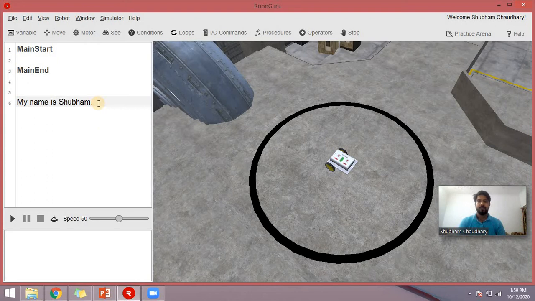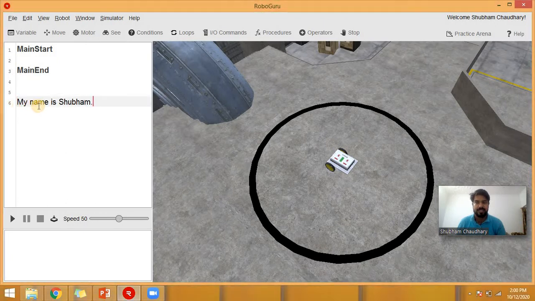Okay, so students, you can see I have written a sentence, right? In this sentence, you can see that I have followed all the rules of the English language. For example, M is capital because we are starting a sentence, then S is capital because Shubham is a name, it's a noun, and a noun should be capital. Then at the end, I have written a full stop also.